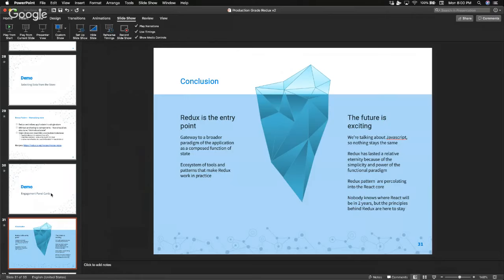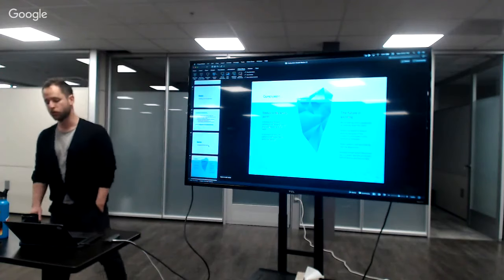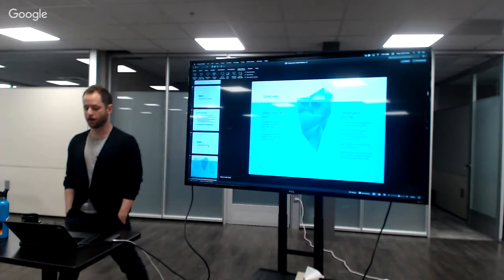And importantly, I think Redux on its own is not enough. For those of you using this in a professional context, it needs to be augmented with tools, and tools like Redux Saga and Reselect have been extremely helpful for me. The last thing I want to say is, we're in JavaScript land where every year there's some hot new thing, and I think it's pretty telling that Redux has been around for a long time now and still has really robust support. Facebook hired Dan Abramov, the guy who created Redux, and he's now driving a lot of their development. So that's why you're seeing Redux patterns like reducer and useReducer and context showing up in React core.